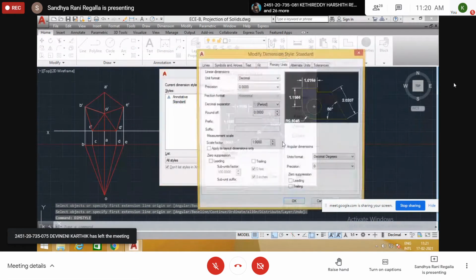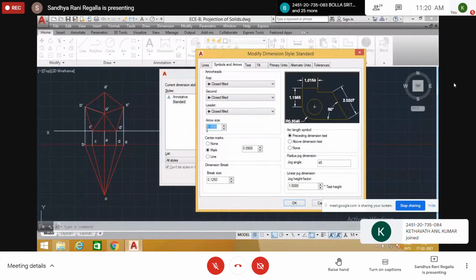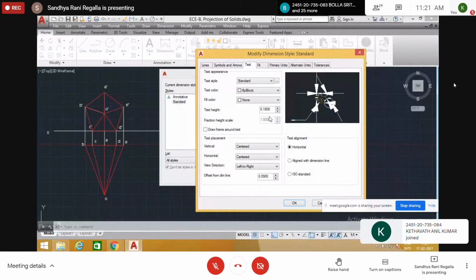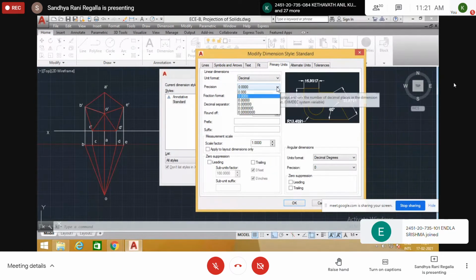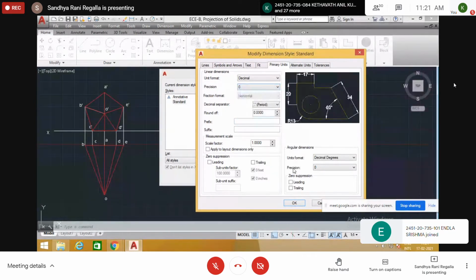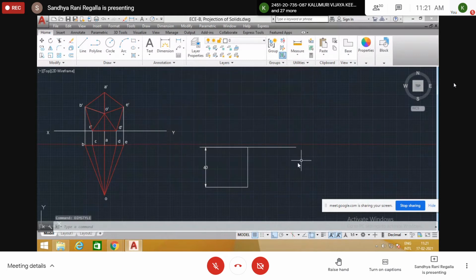Go to modify. Arrows, give arrow size. Generally we give 3. Text size also 3. And precision not required. Okay. And click on set current. Close. So 40.